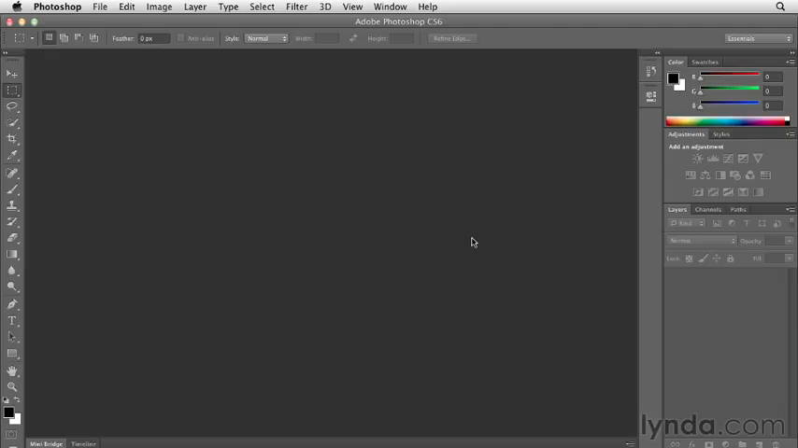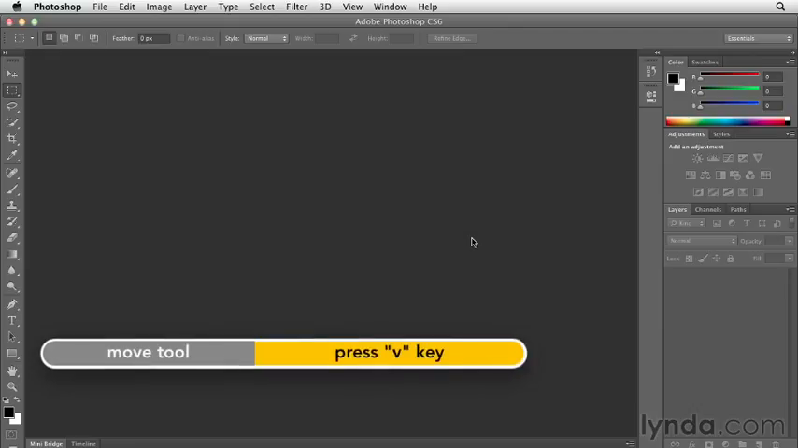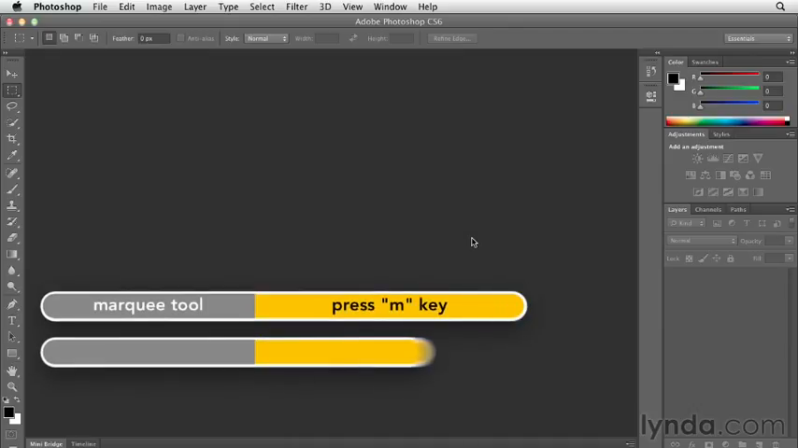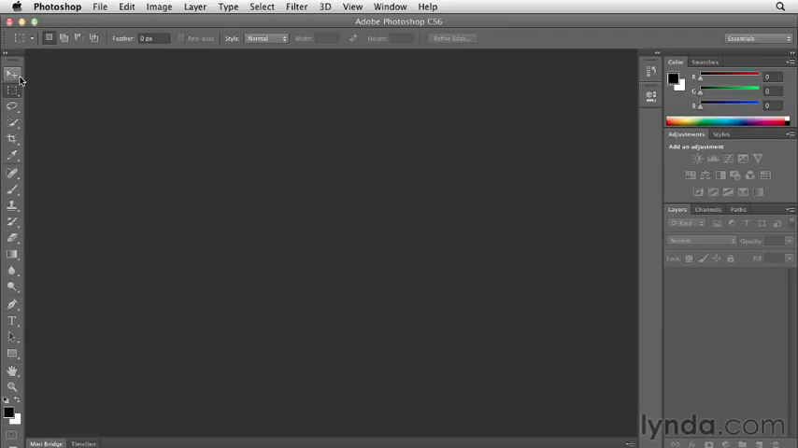In addition to moving panels, you'll also spend a lot of time in Photoshop switching tools. Now, every tool has a keyboard shortcut. For example, the Move tool's keyboard shortcut is V, the Marquee is M, and the Lasso is L. If you don't know the keyboard shortcut for a tool, simply hover on top of the tool and the tooltip will display it. We can see the Move tool is V, the rectangular Marquee tool is M, and the Lasso